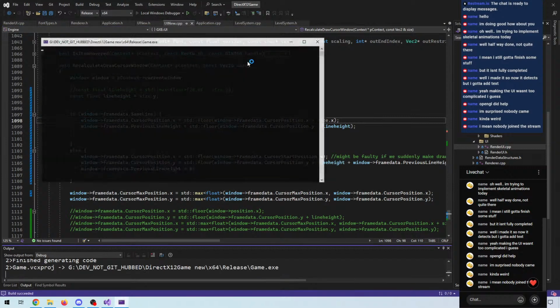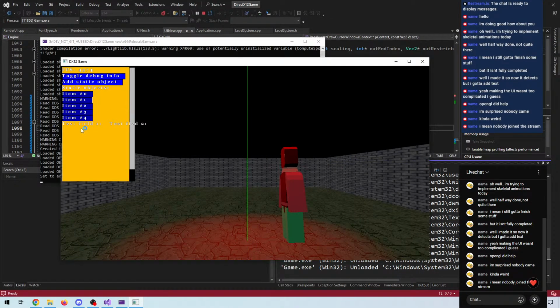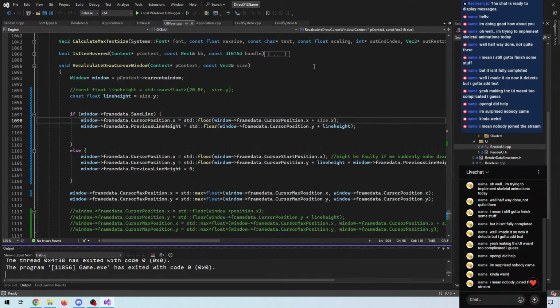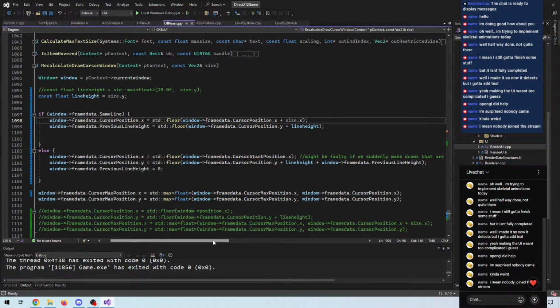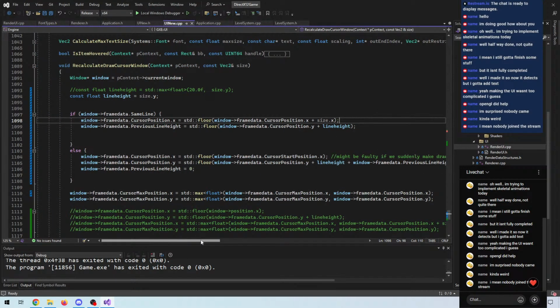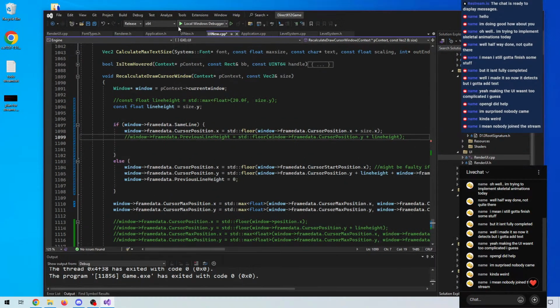Previous line height. I mean, at least now this actually gets set correctly. But for some reason it doesn't work. If I disable this,